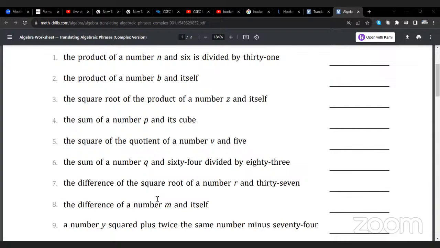So Q plus 64 divided by 83. So the sum of Q and 64 divided by, very good. Q plus 64 divided by 83. That's correct. So you add Q to 64, then you can put it over 83, right? You could write it like this: Q, sorry, plus 64